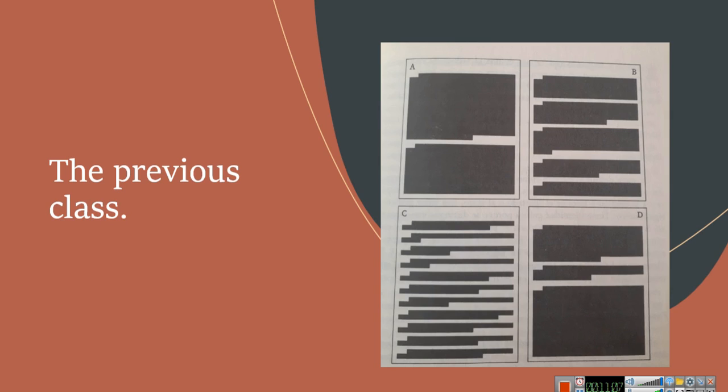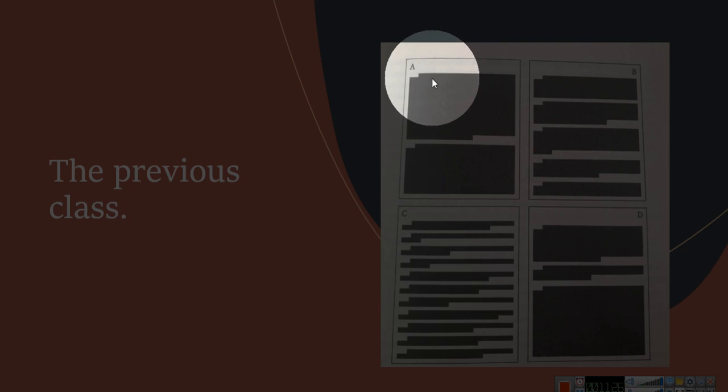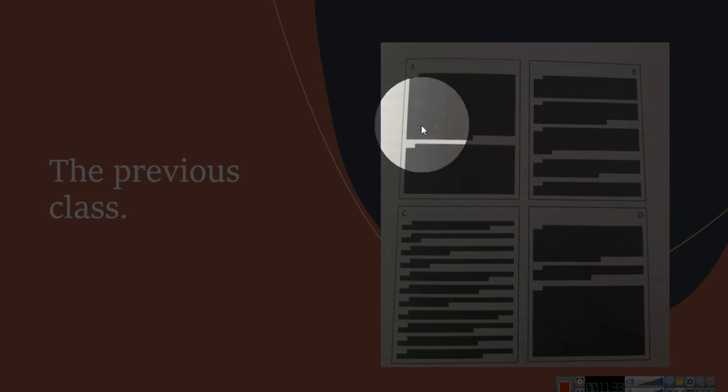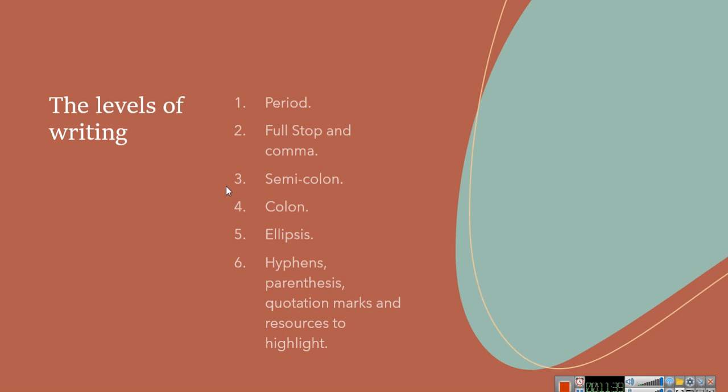In the previous class, I talked about how it's very important not only to use the 4-sentence rule within the paragraph, but also to not write 1-sentence paragraphs, because we have people who do, for example, type A, but you read this paragraph and it's only 1 sentence. So the idea is to have at least 4 sentences in every paragraph. You can do 2. Sometimes very good writers do 2 sentences.